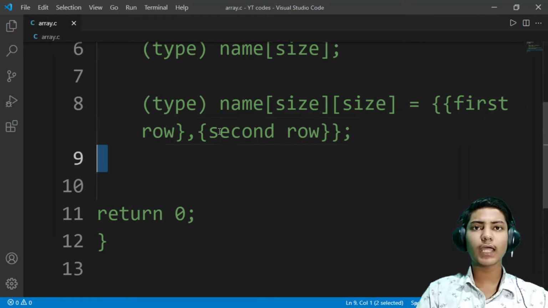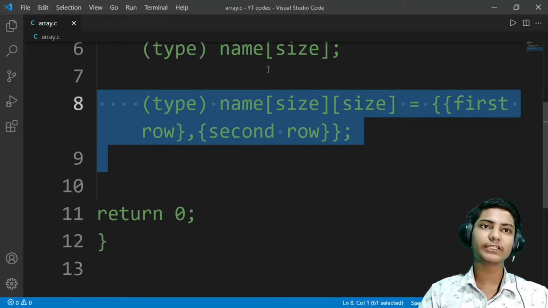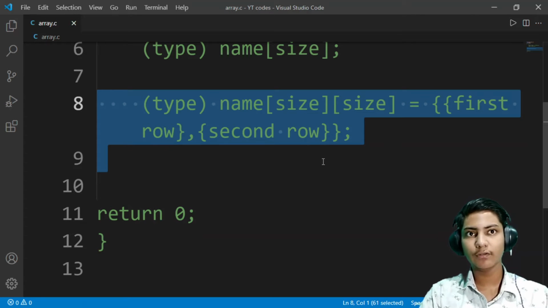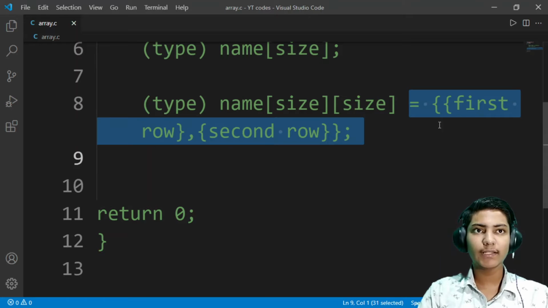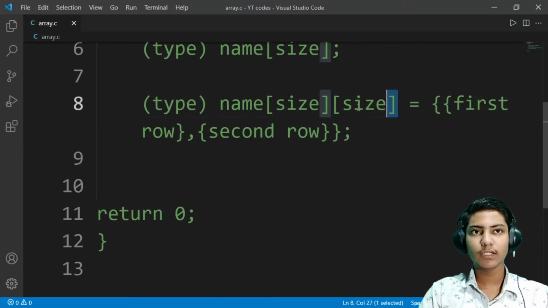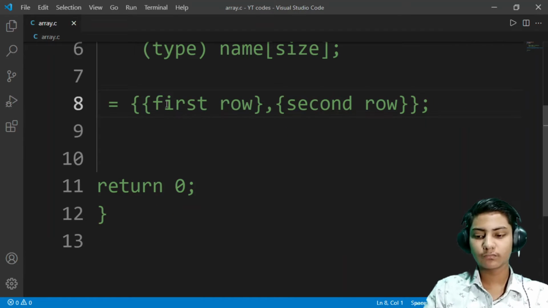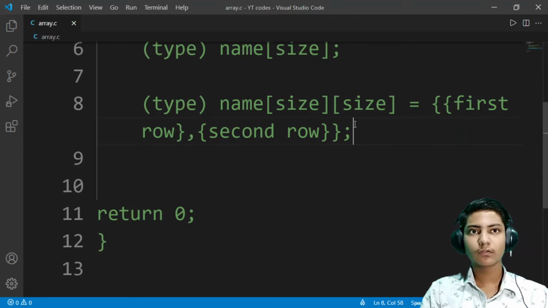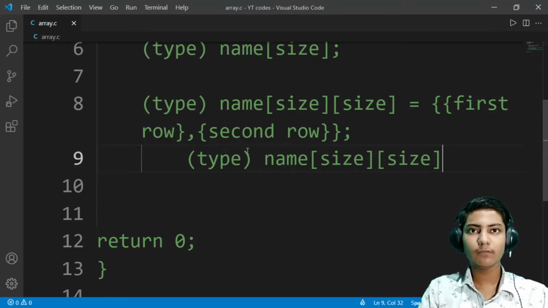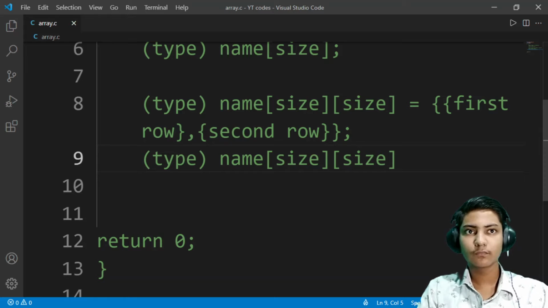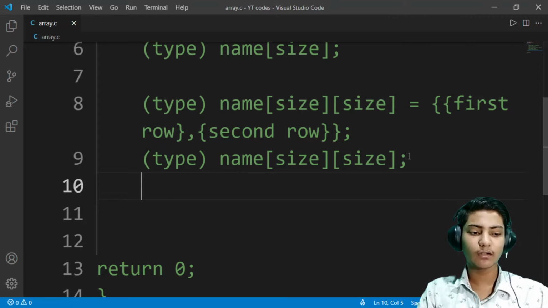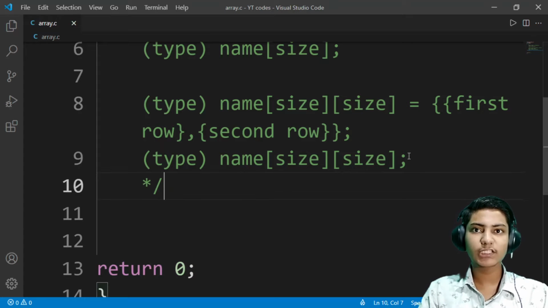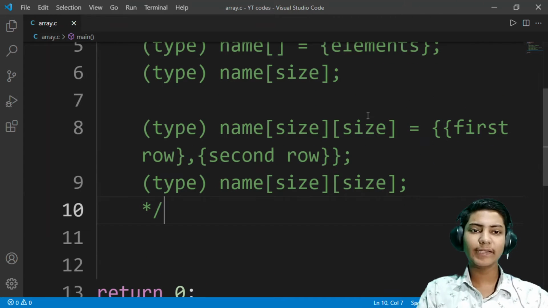So this is the way of declaring a two-dimensional array, initializing it there. If you don't want to initialize it there, just remove this and put the semicolon here. Let me show you. Copy this, and then here, and then the semicolon. You can initialize it later. So guys, this is the basic syntax of declaring an array.